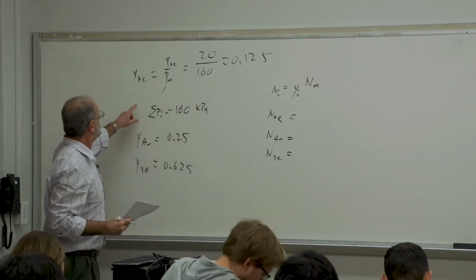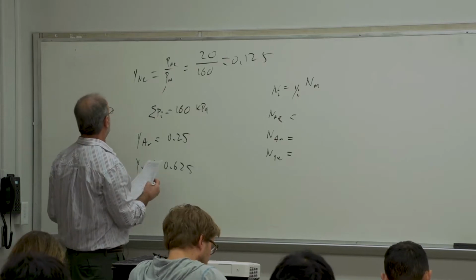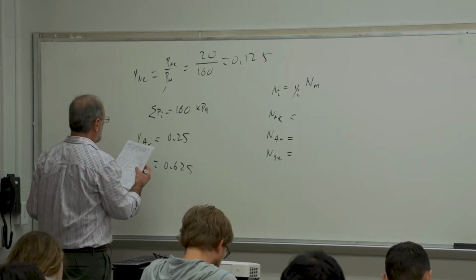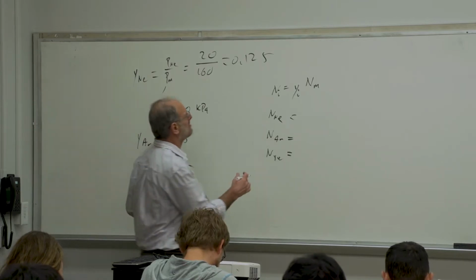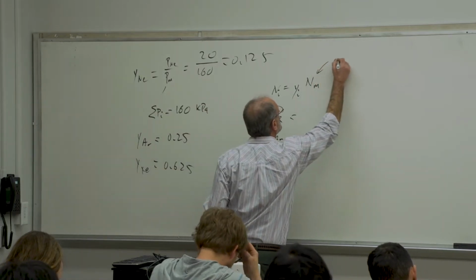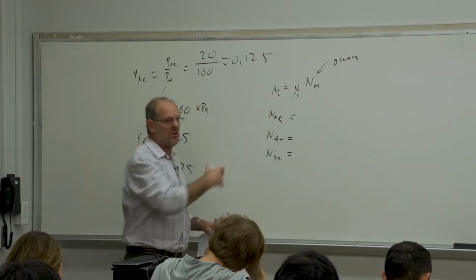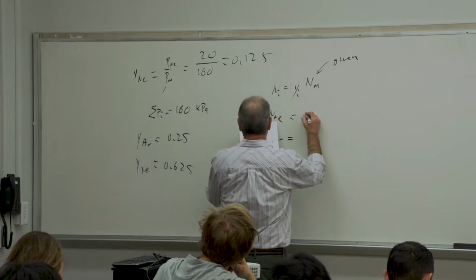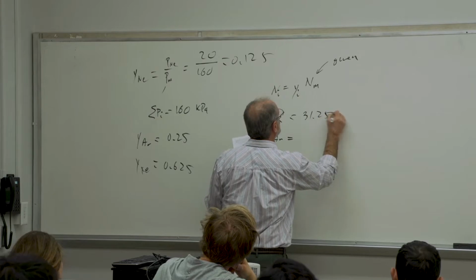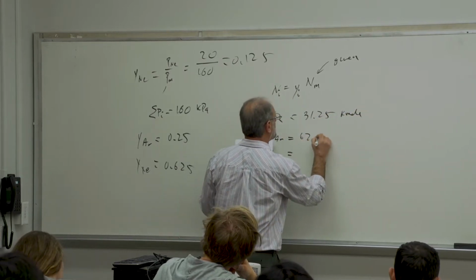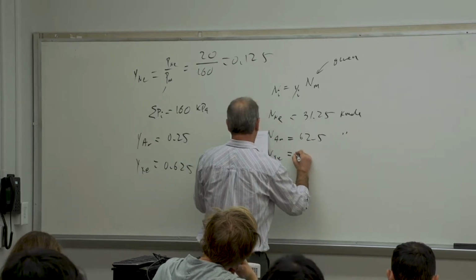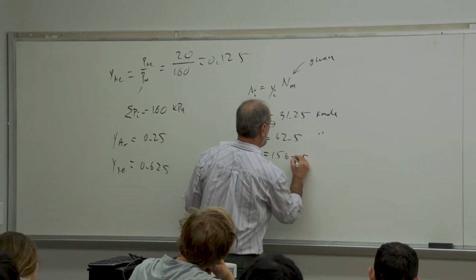We know the total number of moles of the mixture. You're told that it's 250 in the problem statement. So it's just a matter of going through the mathematics here, and we get 31.25 for the neon, 62.5 for the argon, and 156.25